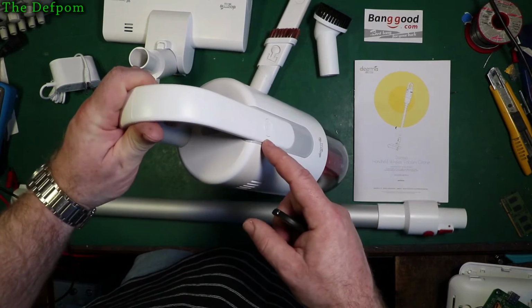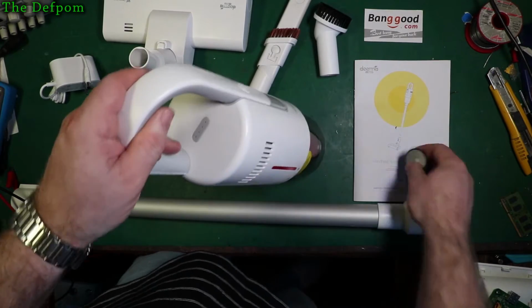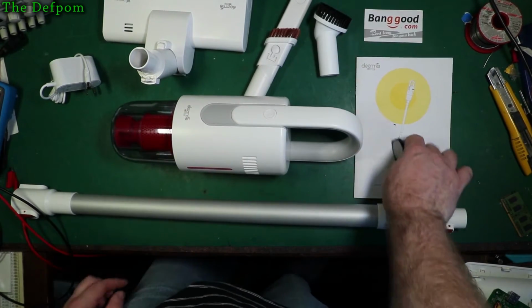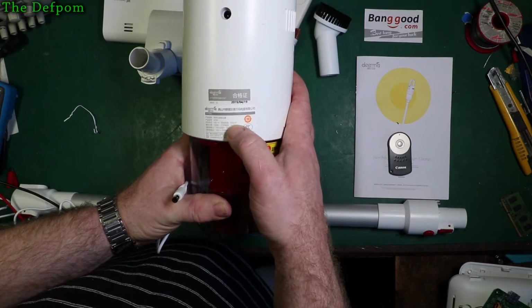So you've got a low and a high and then off, so you push it 3 times, turn it back off again. So low speed, high speed, so you can save your batteries if you don't need the full power. And that also needs charging, so I should probably do that before I do too much more, don't want to damage the batteries. On the back here we've got the stats about it, so it's 18 volt 500 milliamp charging,